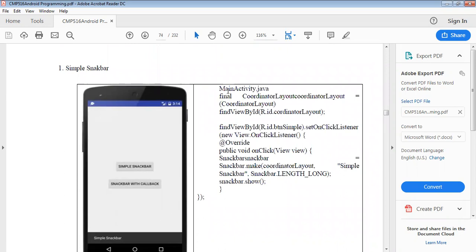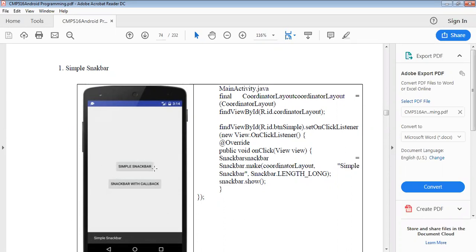We can see MainActivity.java: final CoordinatorLayout coordinatorLayout equals coordinator layout. After that, final View by R.id.coordinatorLayout. The R.id button will be simple, dot setOnClickListener, meaning new View.OnClickListener, public void onClick(View view).